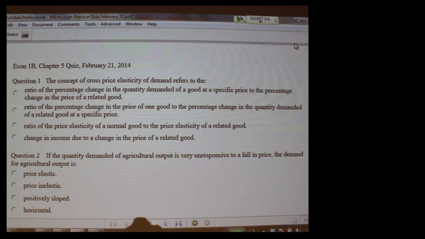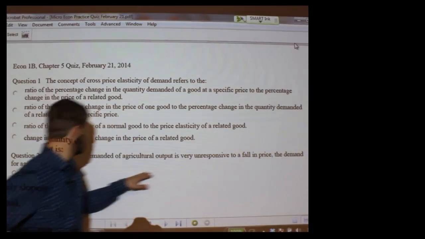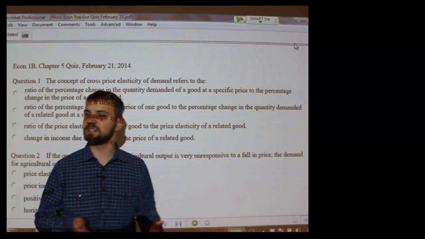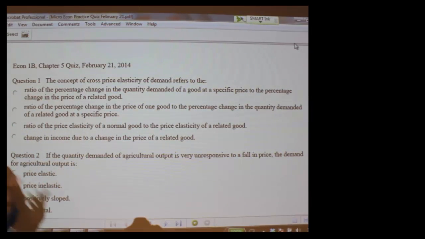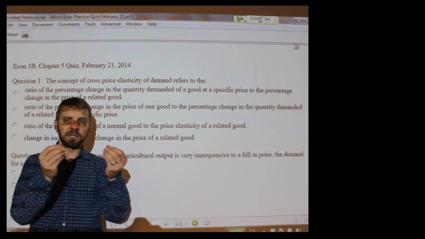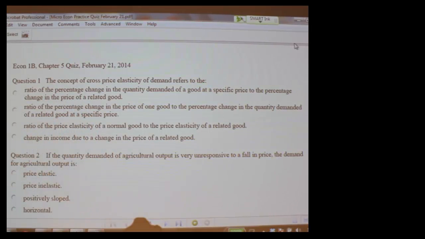If the quantity demanded of agricultural output is very unresponsive to a fall in price, the demand for agricultural output is? It's price inelastic. You can think about elasticity and responsiveness as basically synonyms. So if it's very responsive, think about a rubber band stretching. It's very elastic. But if it's not responsive, then it doesn't change. It's inelastic. You could also draw this